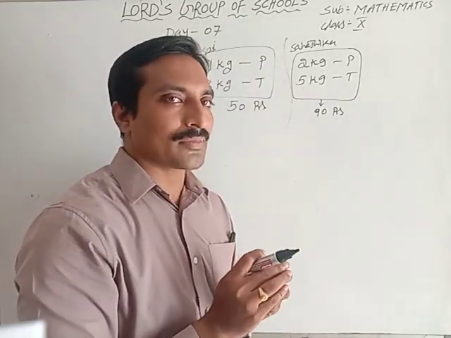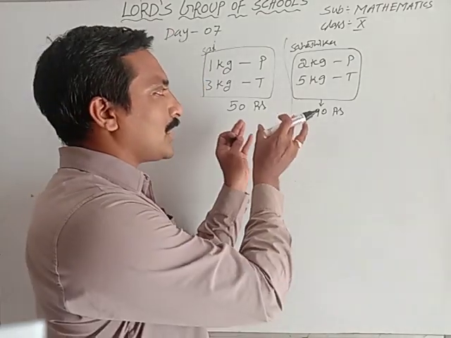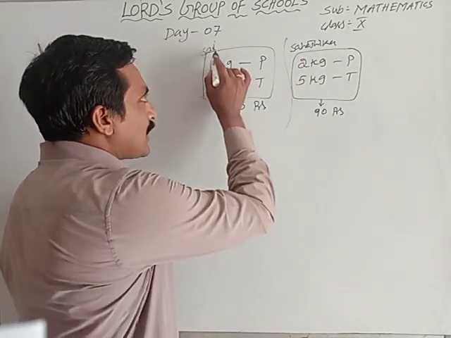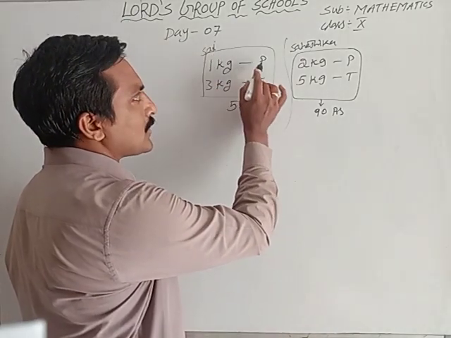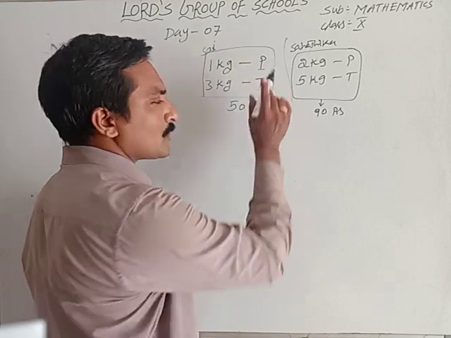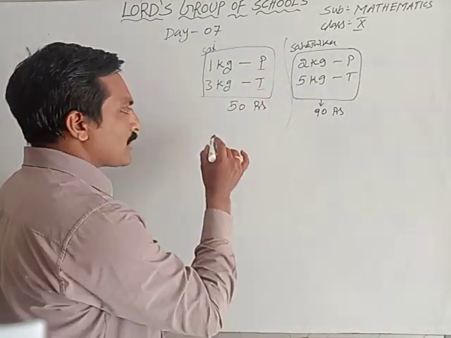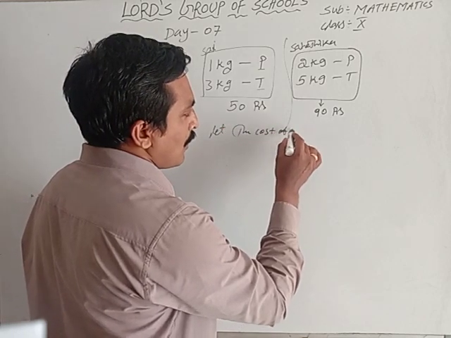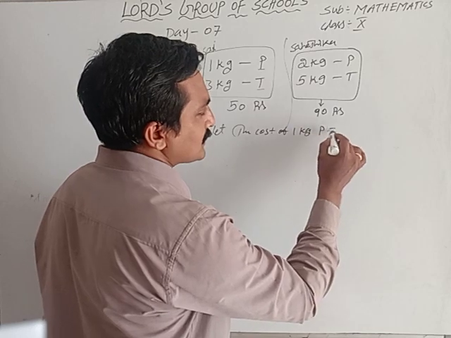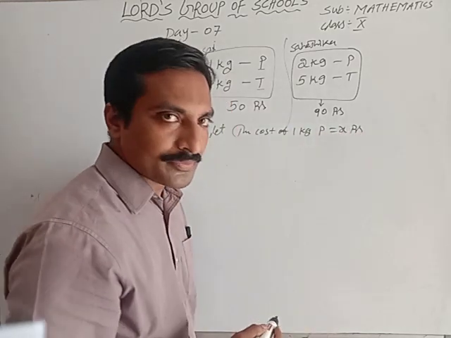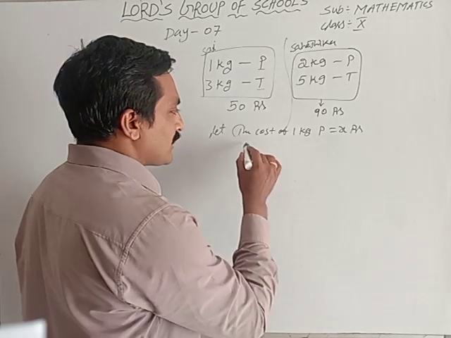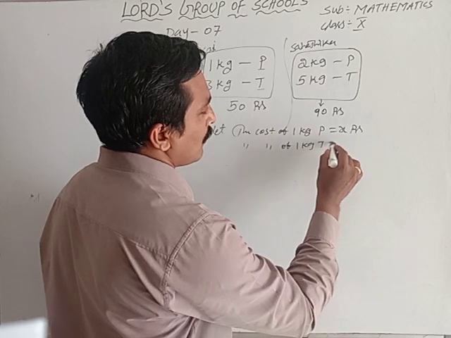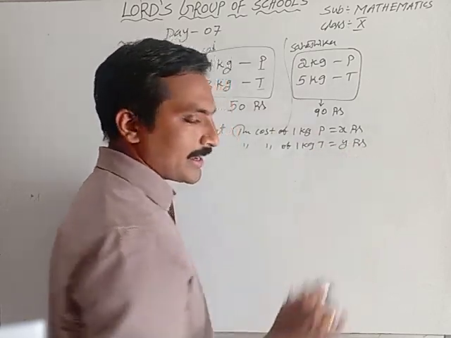If asking like that, before, how to prepare the linear equation using these conditions? Yes, I went to market, purchased 1 kg potato, 3 kg tomato, 2 types of vegetables. Let the cost of 1 kg potato be x rupees. You don't know the individual value, so you have to take it as x rupees. As well as the cost of 1 kg tomato, y rupees. Let you take it like that.